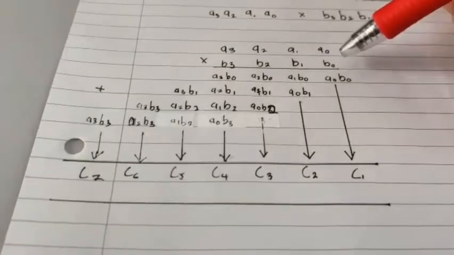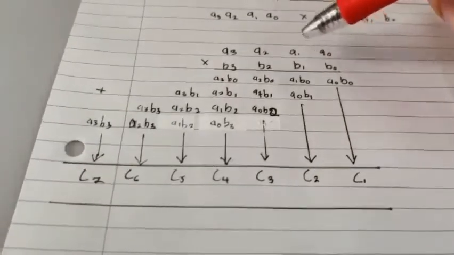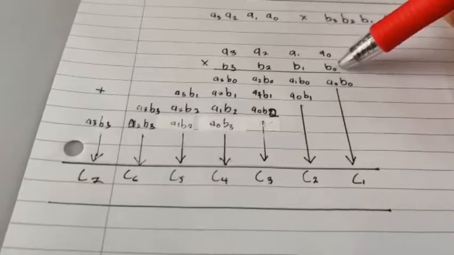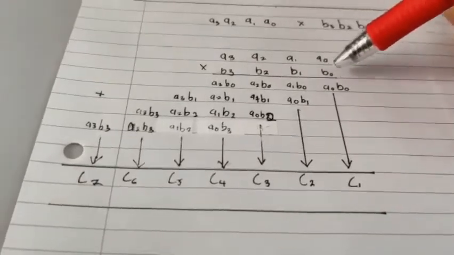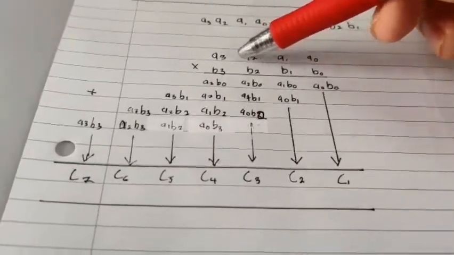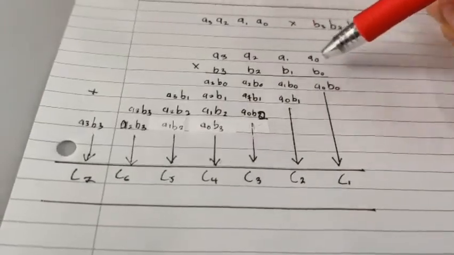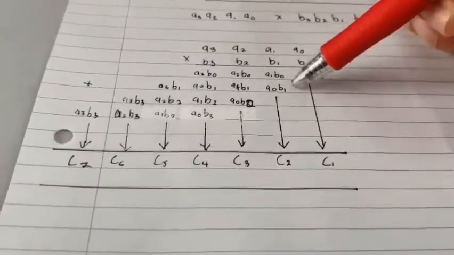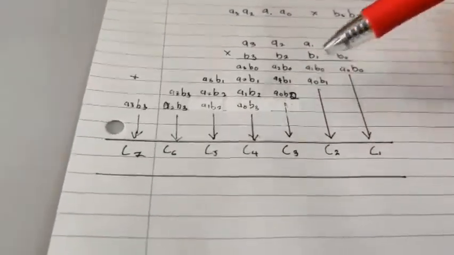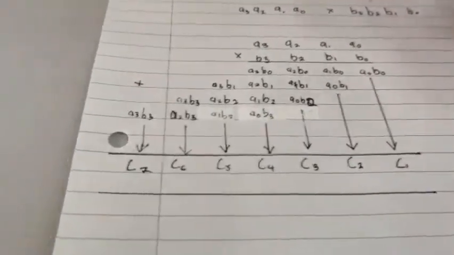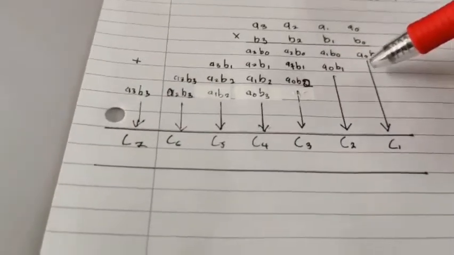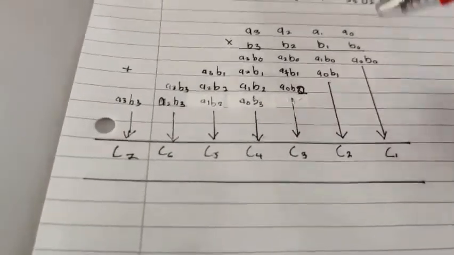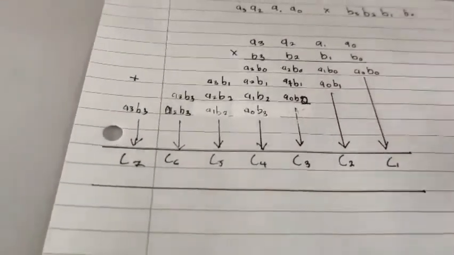A0. Next B0 multiplies A1, next B0 multiplies A2, next B0 multiplies A3, and the following rows follow the same step as this. So this is B0, this is B1, B2 and B3. When we add, like in a normal multiplication, we will see there is a